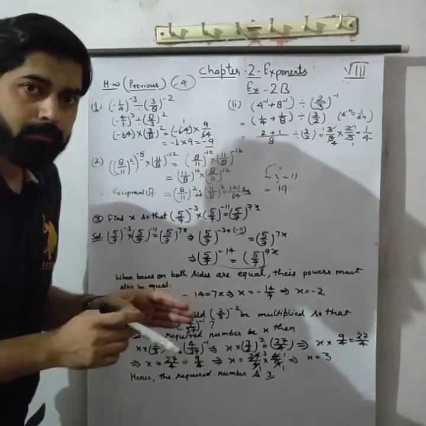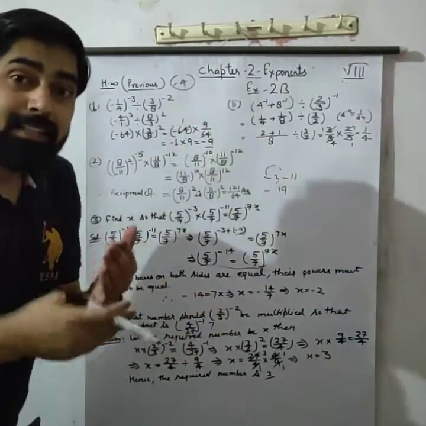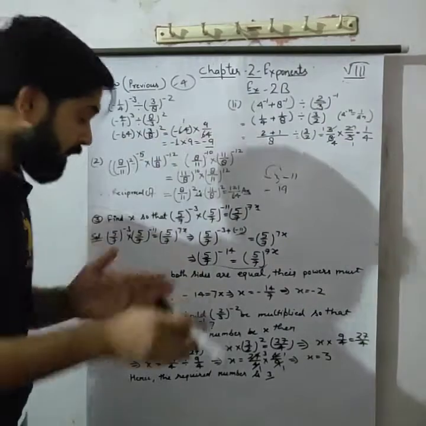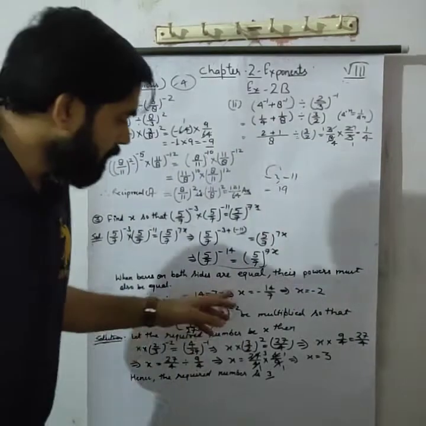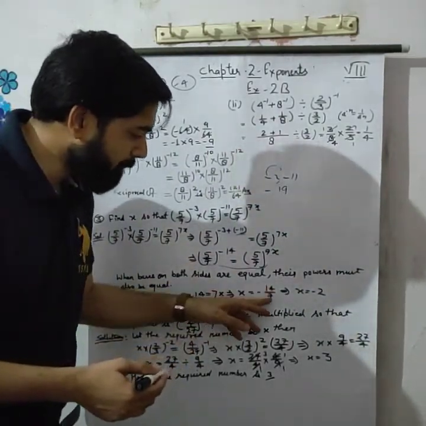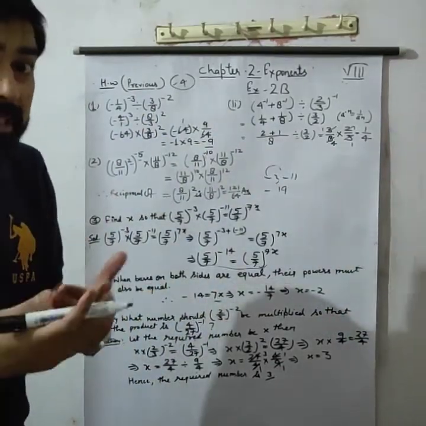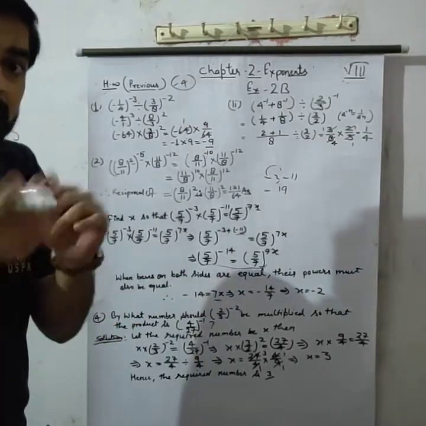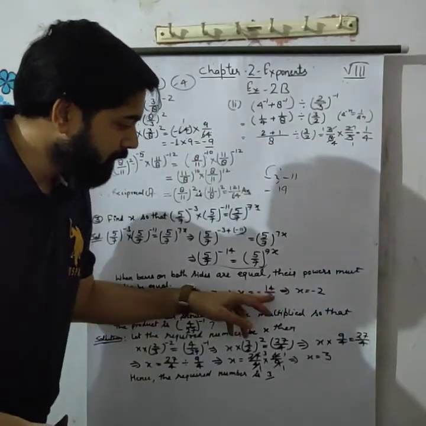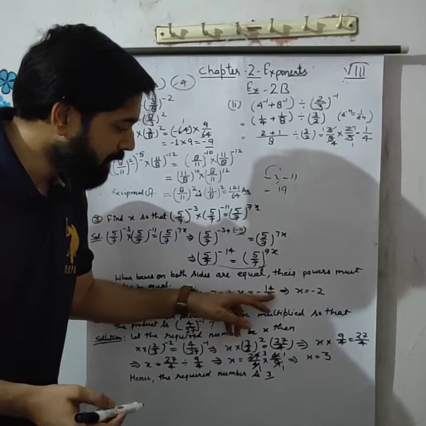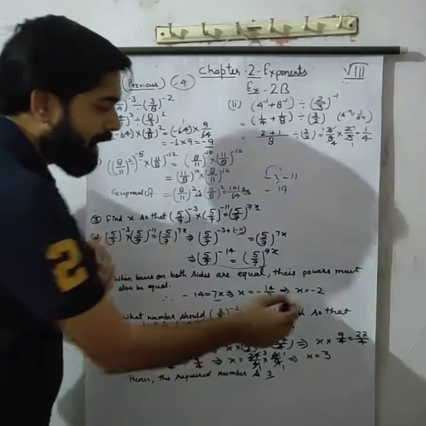Now we can make the powers equal by the transposition method, by the equation. Therefore minus 14 is equal to 7x. So by the transposition method, x is equal to minus 14 upon 7. You know that when we transpose or shift a number, the sign will be changed. 7 is multiplied with the x, so multiplication converts to division. So we can write minus 14 upon 7. 7 ones are 7, 7 twos are 14. Then the answer will be x is equal to minus 2. So what is the value of x here? x is equal to minus 2.